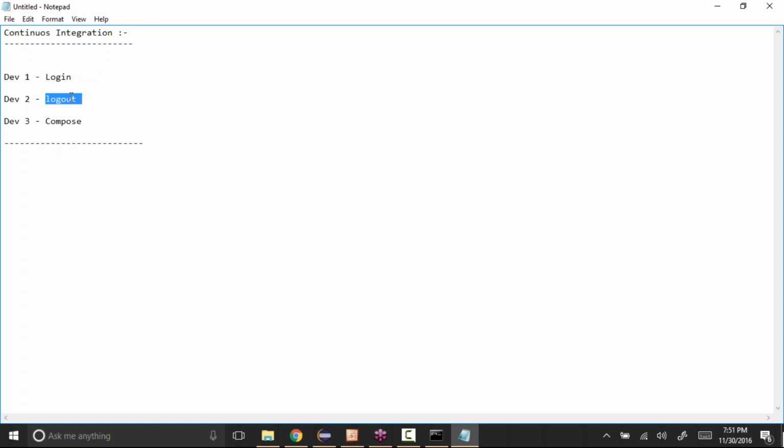Login might be sending something which compose email might not be receiving. Let's say when you click on logout, login should be disabled or something. So the data will be passing between all the developers' code. It might work properly for them individually, but when they integrate all the code, it might not be working properly.